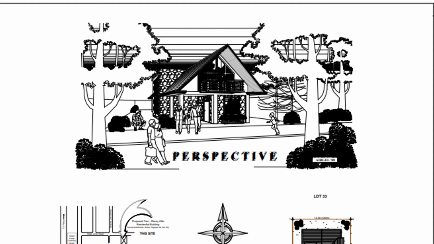Okay, so yung mga trees. Ito yung when you are making your perspective, parang gagawin mo na siya na realistic na. So, you can show cars, people, ganyan. And then, this is the